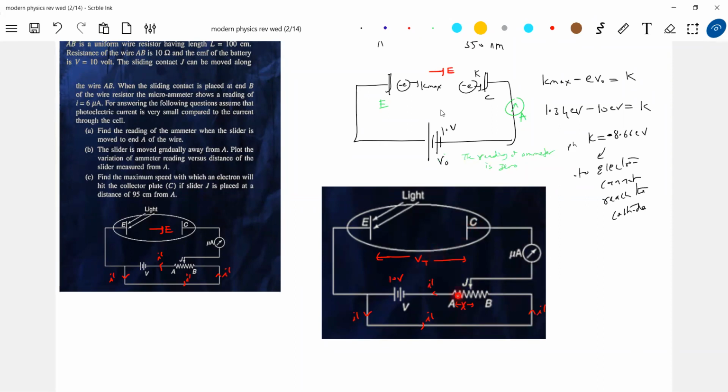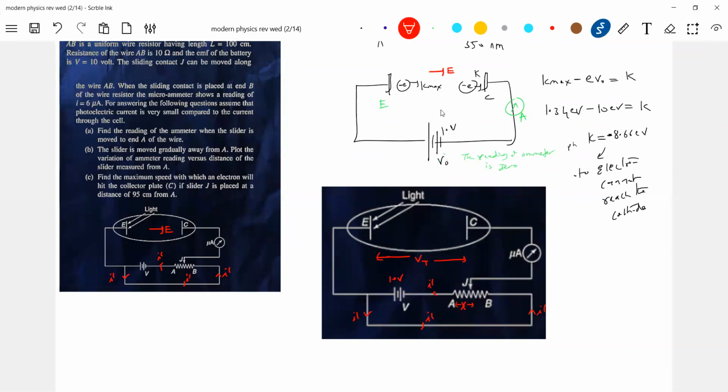Here 10 volt and 100 centimeter are there. If 1.3 volt drops here, the remaining will be 8.7 volt. Look at the slider resistance, 100 centimeter, 10 ohm. So how much length should it be? X is 87 centimeter. When the jockey is at a distance of 87 centimeter, the electron starts reaching the cathode. Able to understand? This is the potential divider concept I have brought in.